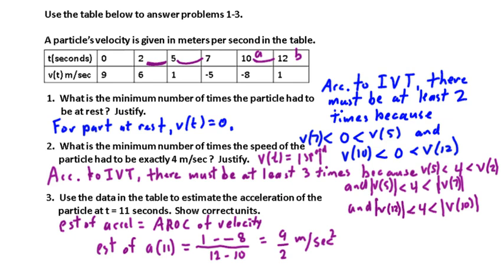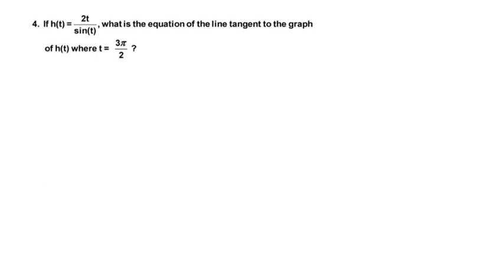So that's it. Those are problems 1, 2, and 3. Problem 4: if h of t equals 2t over sine t, what is the equation of the line tangent to the graph of h of t where t equals 3 pi over 2? So we want to find the equation of the tangent line. The things we're going to need are twofold. We're going to need a point